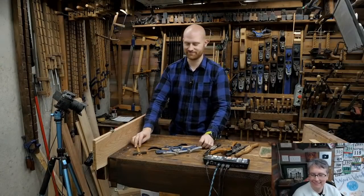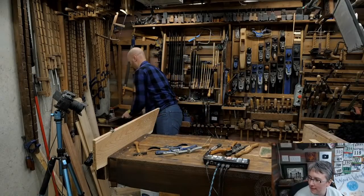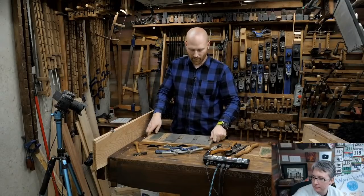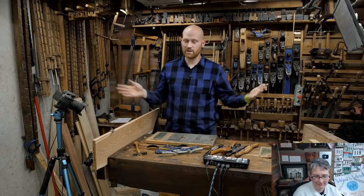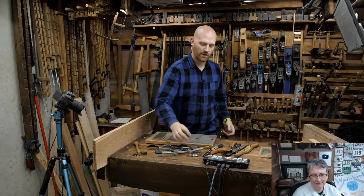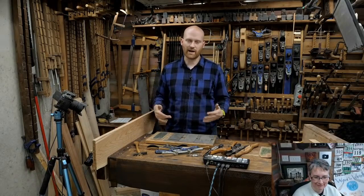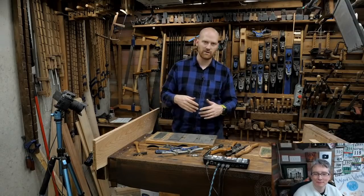What's the next question? Let's see, from the poor man. Do I flatten the bottom of a flat spokeshave like I do a hand plane? Yes, and just like with a hand plane, I usually will flatten the iron once and it's done. I never touch it again as long as it's still in good shape. You don't need to redo it. I'll strop the back again to work the burr back and forth, but I don't ever re-flatten the